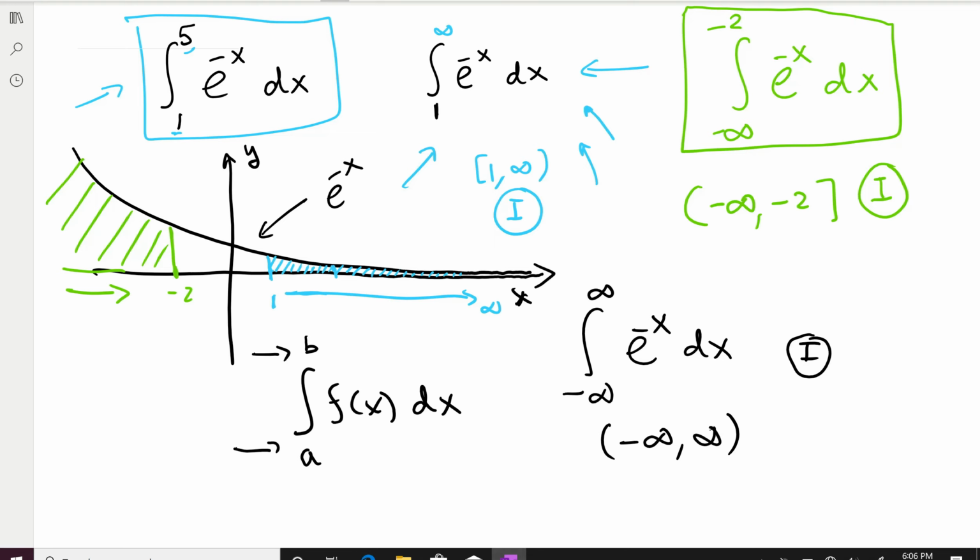If there's no infinity or negative infinity, that's not possible. Your interval is not infinitely long. So if you want your interval to be infinitely long, there has to be infinity or negative infinity or both explicitly present in the limits or the bounds of the integral. Then it's a type 1 improper integral. Now at this point we have to learn about type 2 improper integrals,